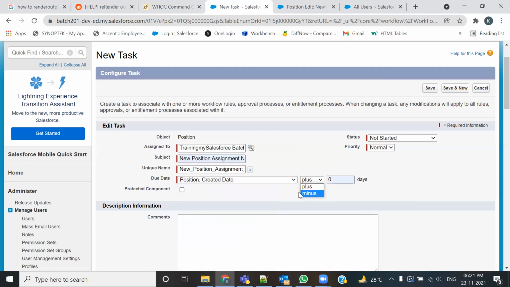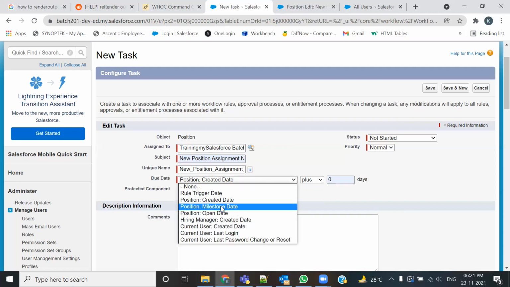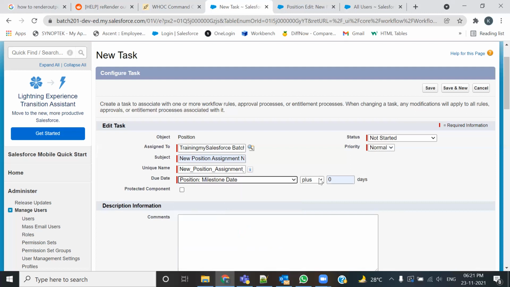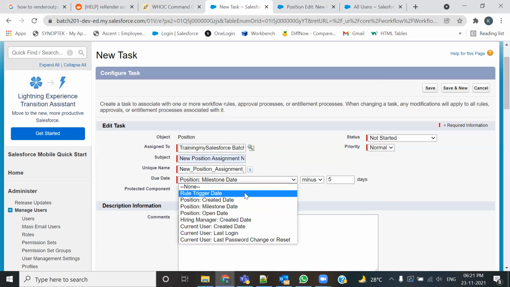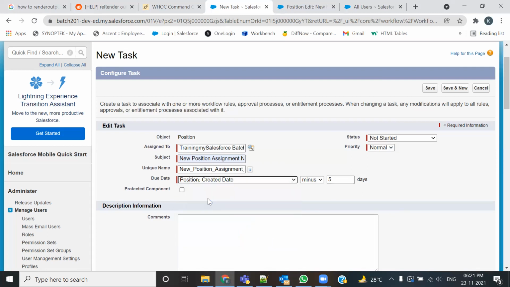यहाँ पे we have these two options, प्लस एंड माइनस। तो माइलस्टोन डेट मान के चलिए कि 10 दिन बाद की है, तो उससे 5 दिन पहले से पॉपअप अलर्ट आए तो वो भी चलता है। Could select -5। ऐसा भी दे सकता हूँ कि माइलस्टोन डेट, जैसे मान के चलिए कि आज 23 तारीख है, 30 तारीख अगर माइलस्टोन डेट है इसकी, तो उससे 5 दिन पहले यानी 25 तारीख से अलर्ट आने चाहिए। तो this you could plan. या फिर जैसे कि मान के चलिए कि रूल ट्रिगर, मतलब जब रूल बन रहा है तो वहां से नहीं, बट हाँ पोजीशन क्रिएटेड डेट, जिस डेट से पोजीशन क्रिएट हुई है,